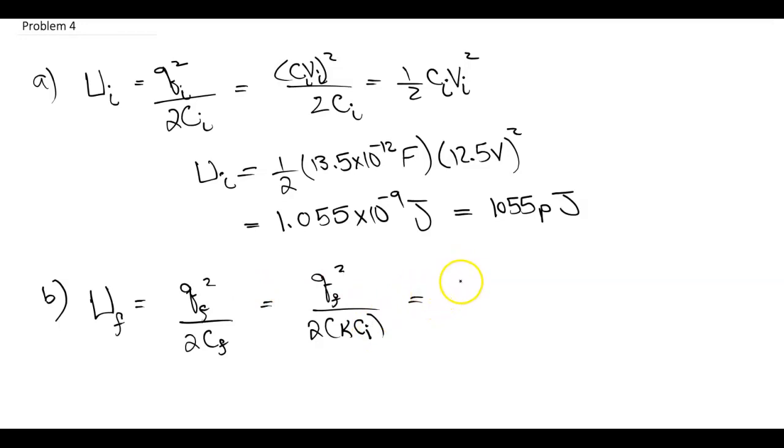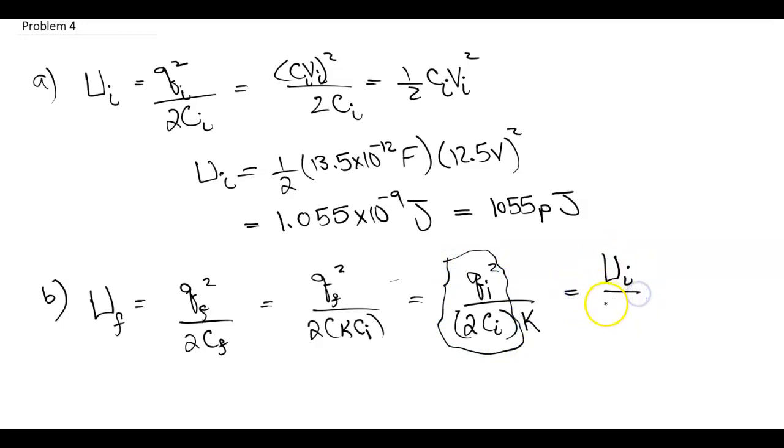And now if we look at this, it doesn't affect the charge at all, because the charge is affected by the voltage. So this is the same as Q initial squared over 2C initial times kappa. And if we look at this value, that's the same as U initial over kappa,